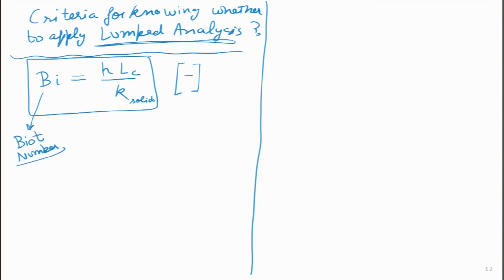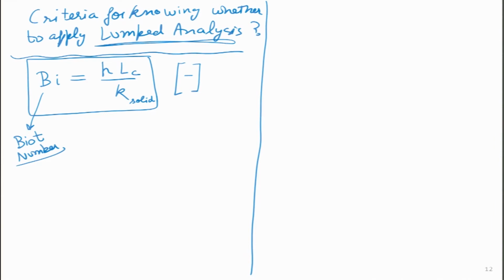The main thing that we have to remember over here, so I am writing it very carefully, is that this thermal conductivity k is for the solid. So I will make that point once again. Biot number is written on the left hand side. What is on the right hand side is the heat transfer coefficient. So if I drop my copper ball inside that particular fluid, whatever heat transfer of convection is taking place, that h value we have to plug in over here. k of the solid means the solid that we are analyzing in this particular case, that solid is copper. So we have to look at copper in this particular case.